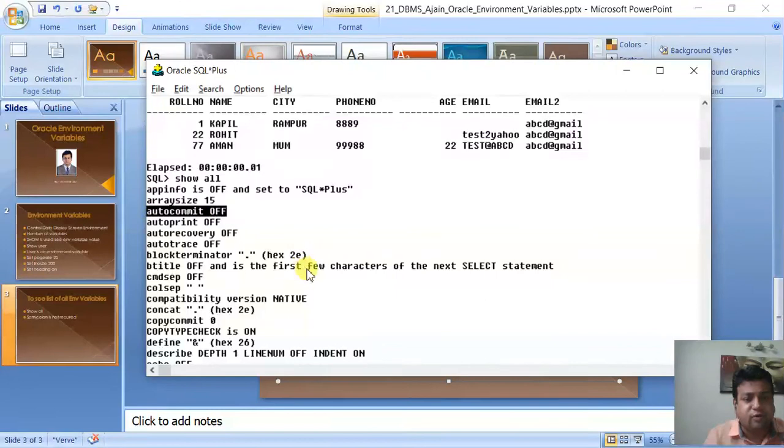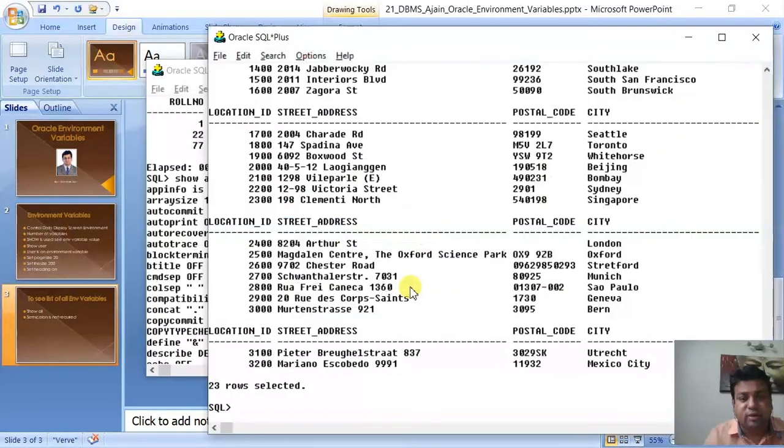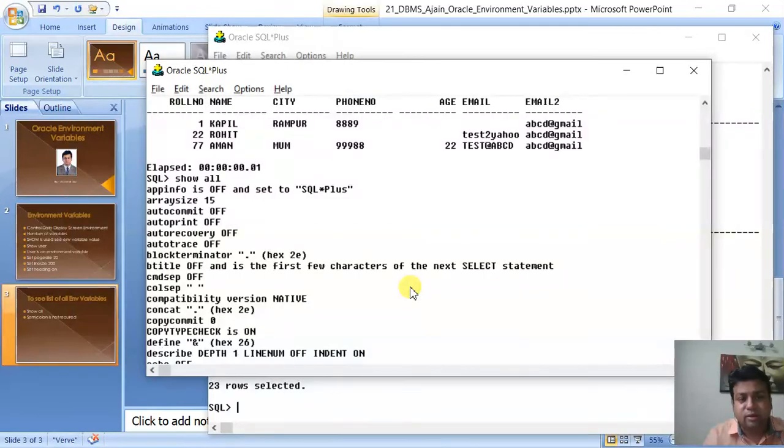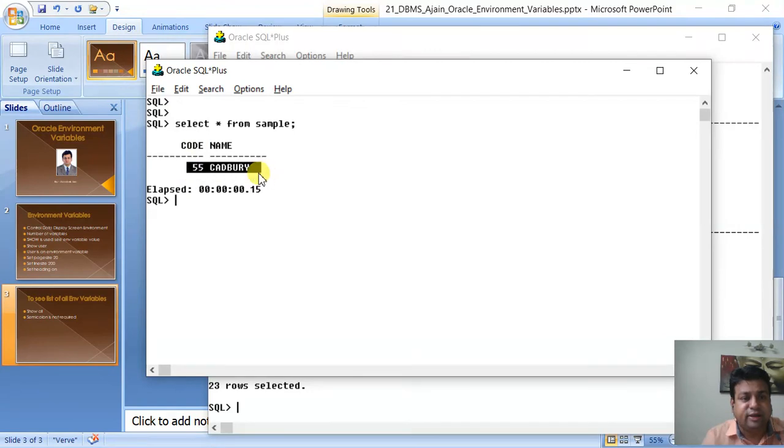Let us see the use of auto commit. Now what auto commit does, you must be remembering auto commit. Till now we have seen that commit works only after we write commit. So select star from sample. Let us see. Okay. So there is some data. Now suppose if I type set auto commit on.